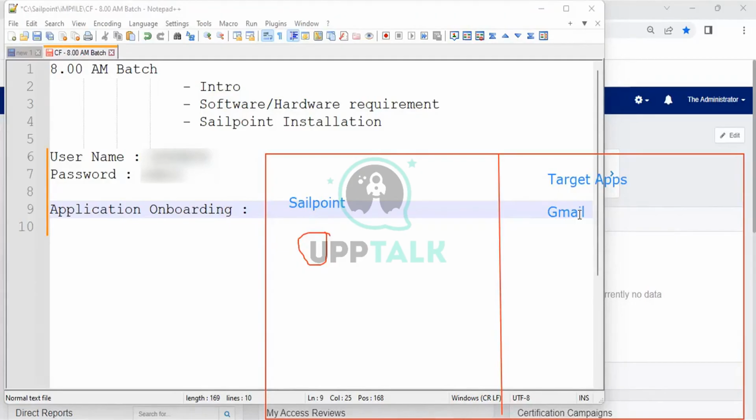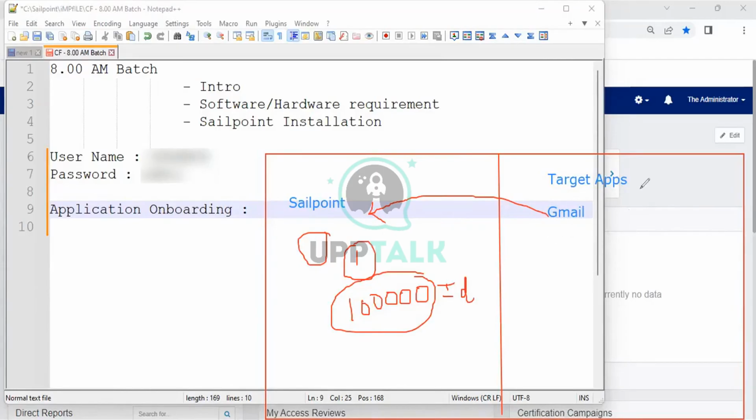The scenario. In that scenario, I am going to onboard this application, Gmail, into SailPoint. I am going to have one application here, Gmail, as part of it. Once the application is created, I am going to onboard those 1 lakh identities. I am going to bring the ID and user details into SailPoint so that I can manage them efficiently.